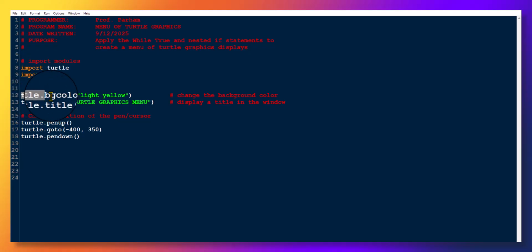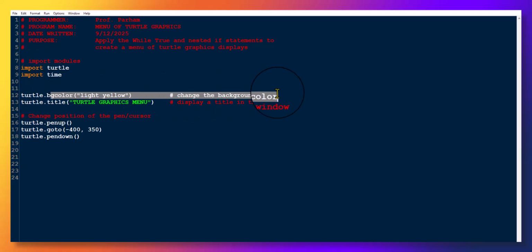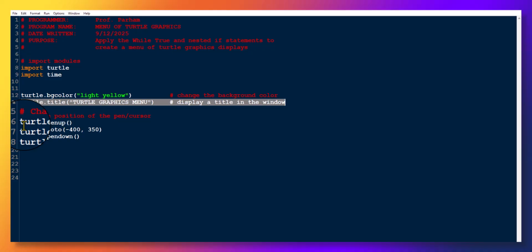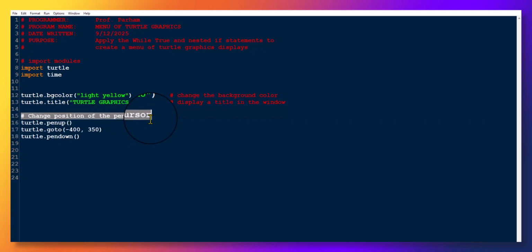So we use turtle, and we're going to change the background color of this window. And we can also add a title in the upper left hand corner of the window. And then we're going to change the position of the pen or the cursor. Let's also go ahead and change the shape